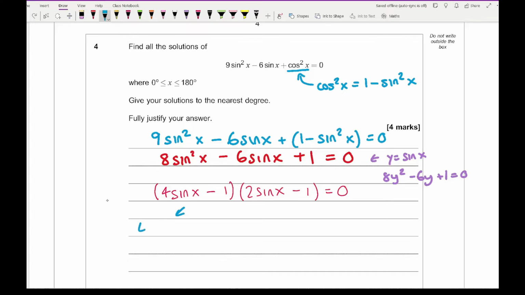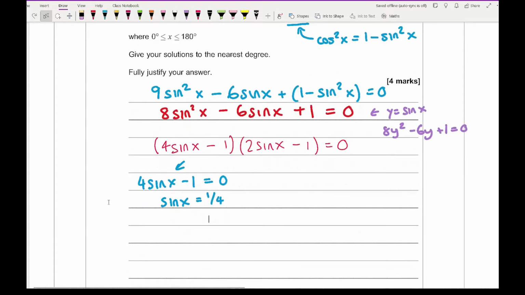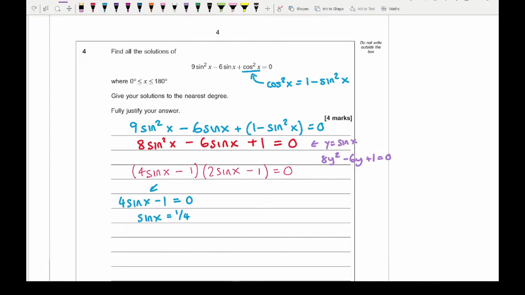So if each bracket equals 0, so 4 sine x minus 1 equals 0. So sine x is going to equal a quarter. And if I just type this into the calculator to solve. Now remember that we do need to make sure that we're rounding to the nearest degree and make sure that all our angles are in the range of 0 to 180 inclusive of those angles. So inverse sine of 0.25 is going to give me an answer to the nearest degree of 14 degrees and